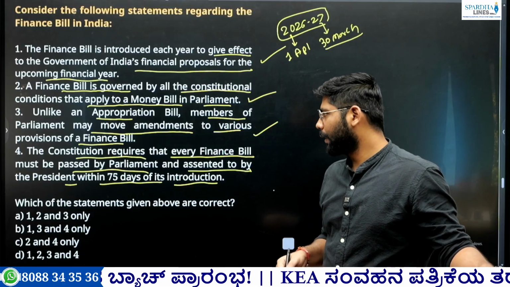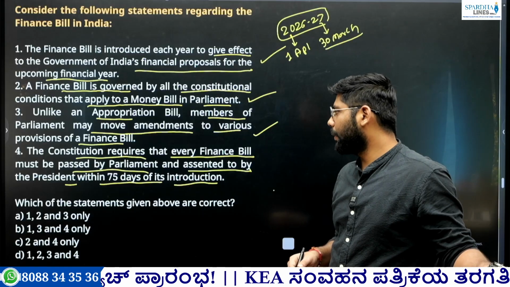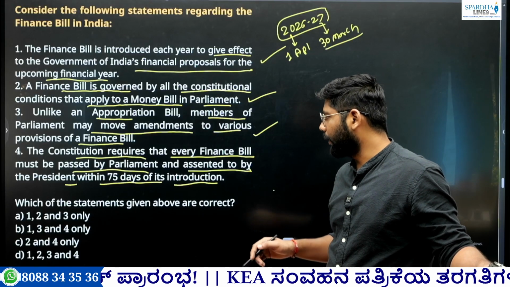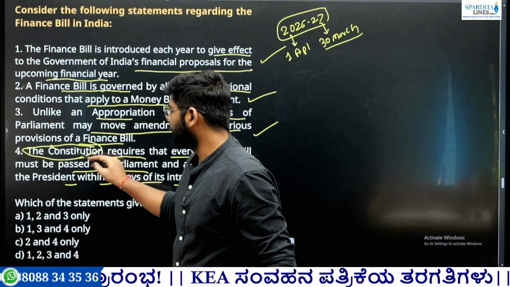So this is correct. Last one, the constitution requires that every financial bill must be passed by parliament, assented by the president within 75 days. This condition is there, but it is not laid down by the constitution. It is laid down by the